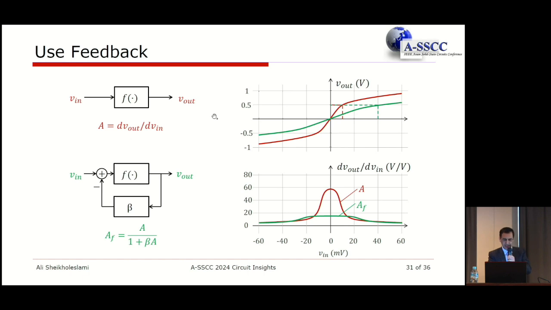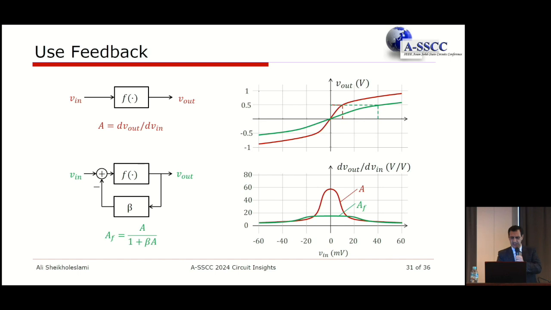Now, once you do this, this is what's going to happen. This red curve, which is showing the input-output relationship of the circuit without feedback, that means open loop, is going to turn into green, which is the input-output relationship with feedback. You already can see that the nonlinearity is reduced. You see less nonlinearity. And if you take a derivative of these two to find out the small signal gain, you see that the variation in gain in red is quite a bit, but the variation in gain in green is very small. And in fact, these two are going to contribute to the reduction of odd order harmonics for us.